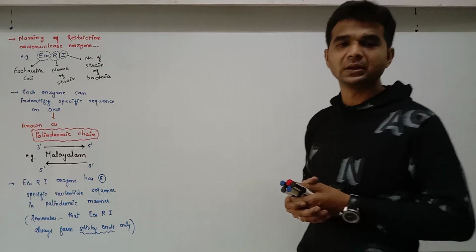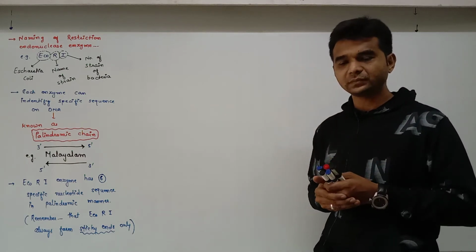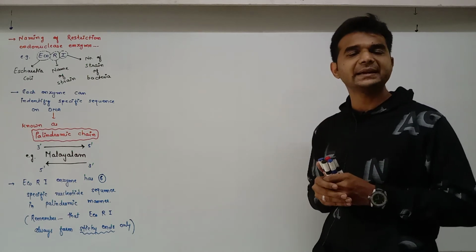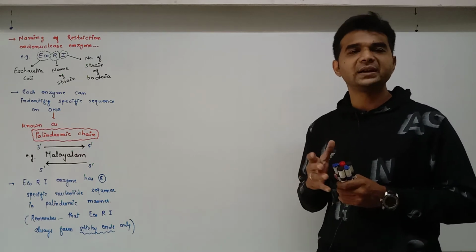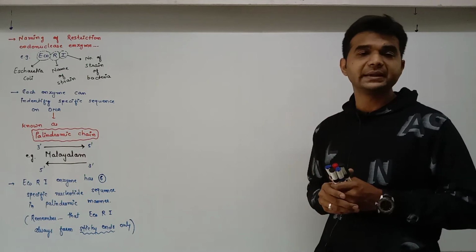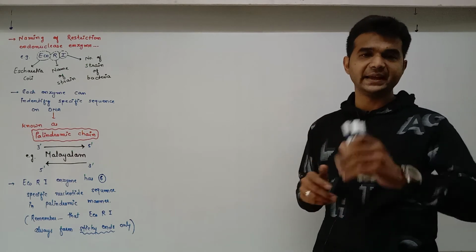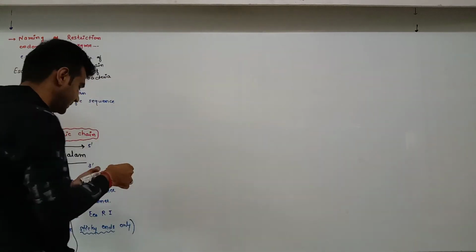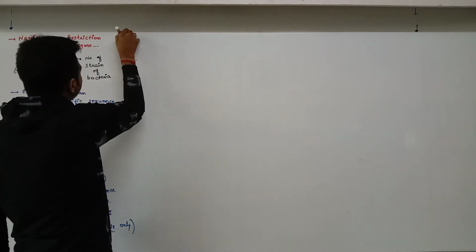In yesterday's lecture I told you that if the enzyme symmetrically cuts the DNA at a specific site, as a result blunt ends are formed. And when the enzyme cuts the DNA at a specific site in an asymmetrical manner, sticky ends are formed. Let's see here how the blunt ends and sticky ends are formed for the EcoR1 enzyme.